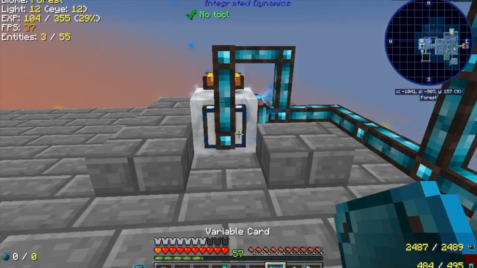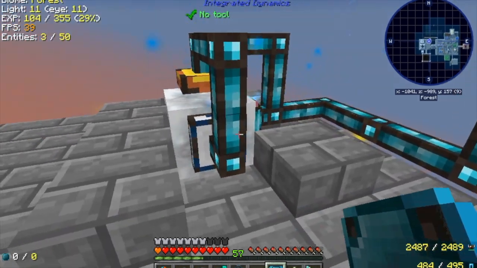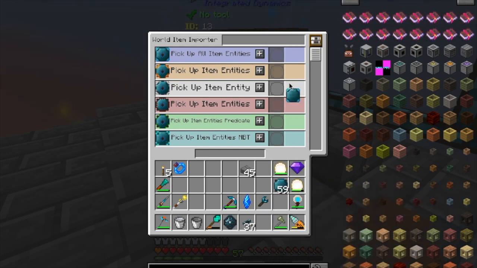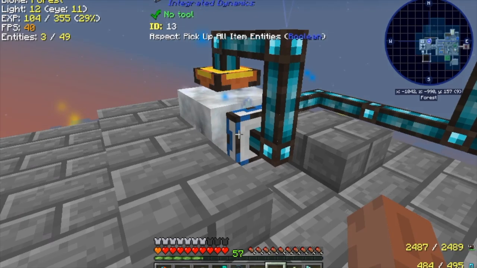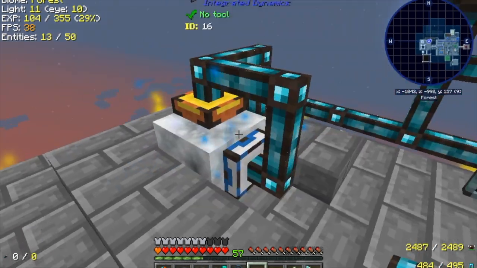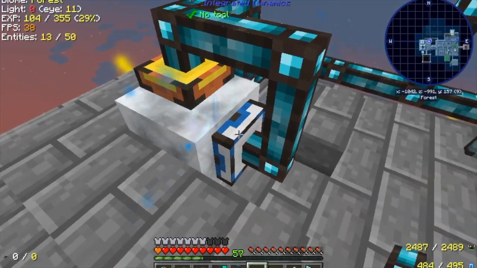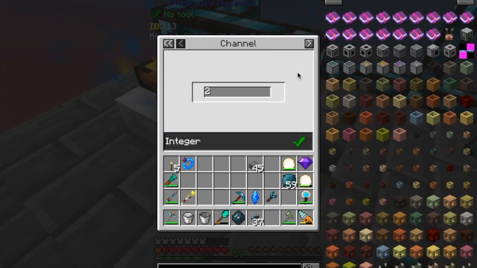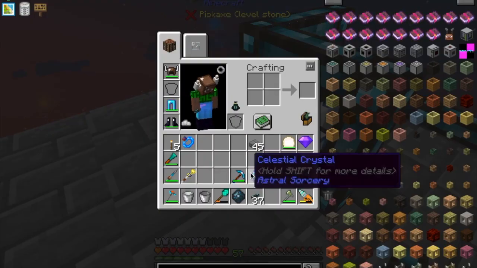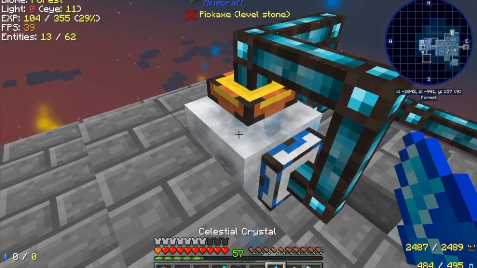So on our world item importer, I tell it to pick up all item entities when the length is greater than 1. Of course, some crystals don't stack, so it'll only pull up one at a time. We can slow it down, I think. Not that it's necessary. And that should work. So if we throw a crystal in there,